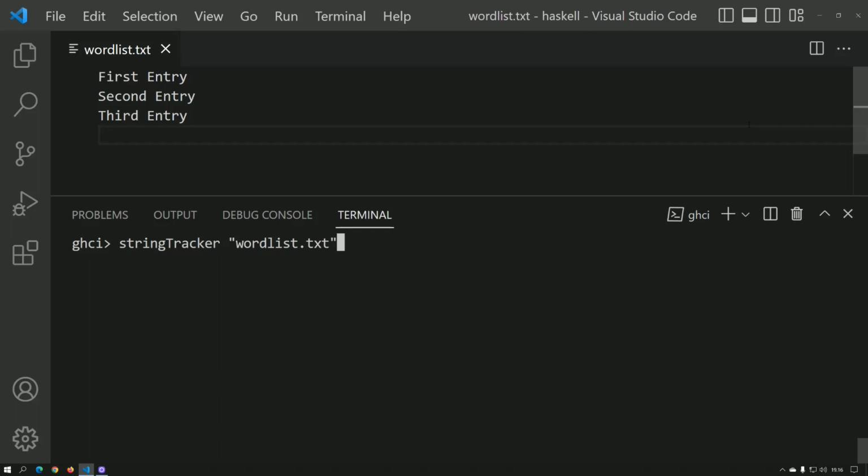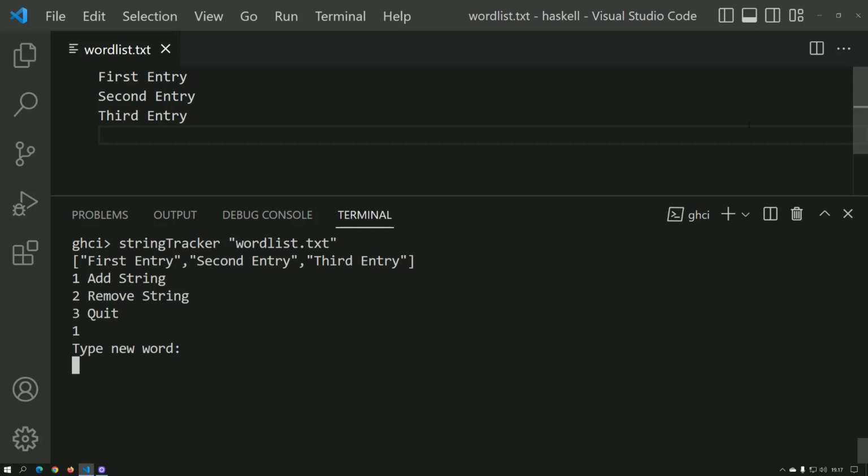So for this exercise, you're going to need a text file. You can see my text file here, it's the word list.txt. And once you run the program having this text file as a parameter, you will see the following. It will first show the contents of the text file. It will read the text file and show the contents in this array. And if you select add string and then add something like new entry,